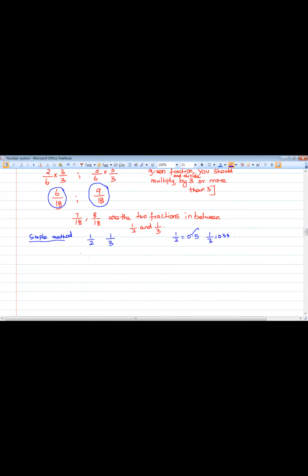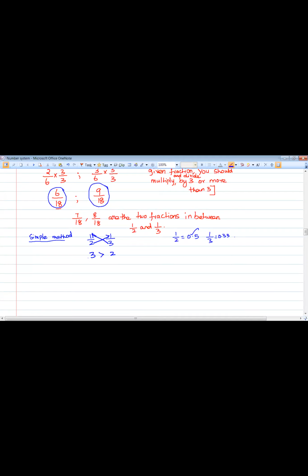So now, dear students, see here, which is the simplest method? Sir, for every number, should we find out the decimal and then compare? No, let me tell you the simple method. Which one is the smallest fraction here? And which one is the biggest one? Just do the cross multiply. What is 1 into 3? 3. Just cross multiply this. 2 into 1, 2. Which one is greater?